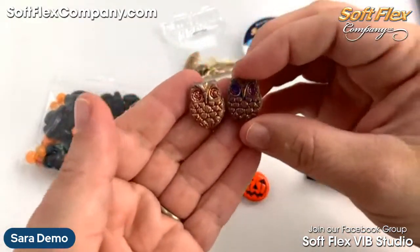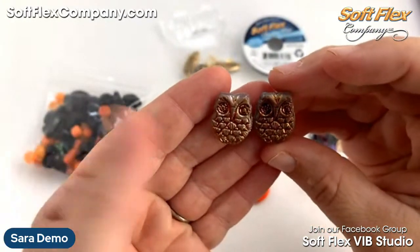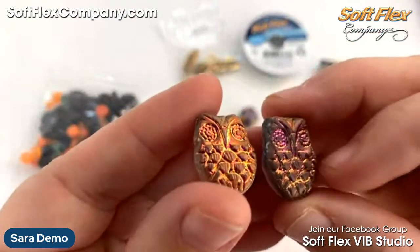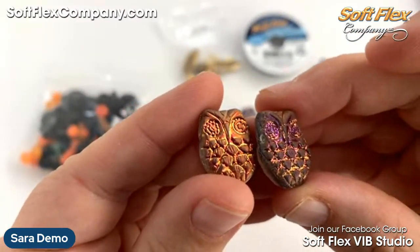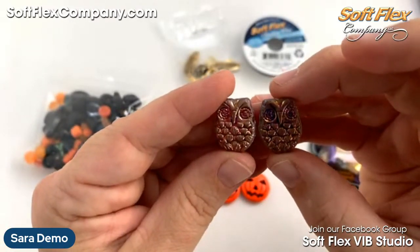We also put 2 of the owls in your kit. And these are in a colorway that we didn't have on our website. We do have these owls in some other colors too, but this particular color we didn't have